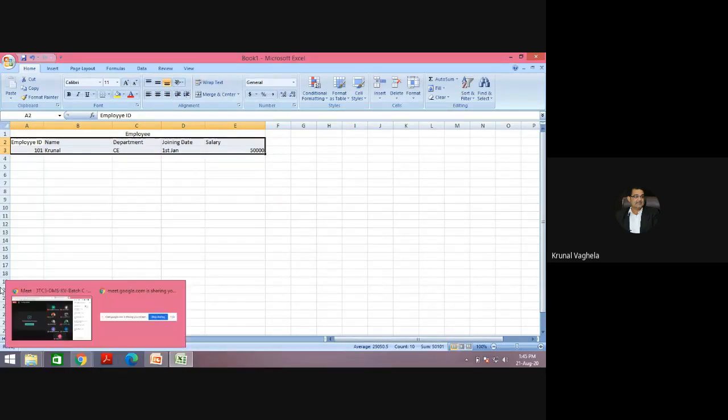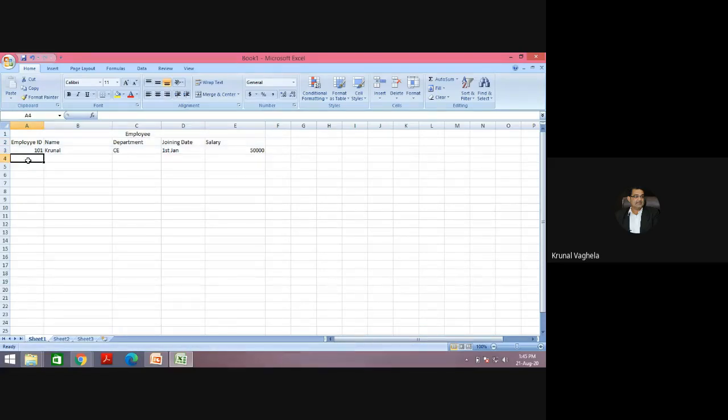Right now this is the instance. After some time, you are adding second employee. Joining date 10th Jan. For example, salary is 60,000. So again, instance change. This is second instance now because we have done the modification.